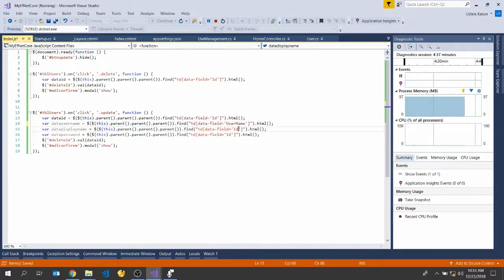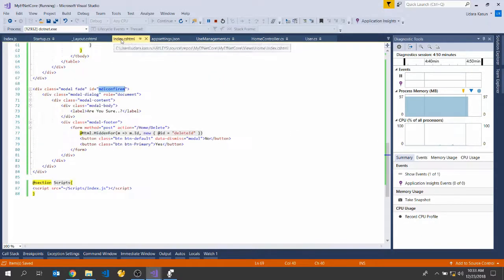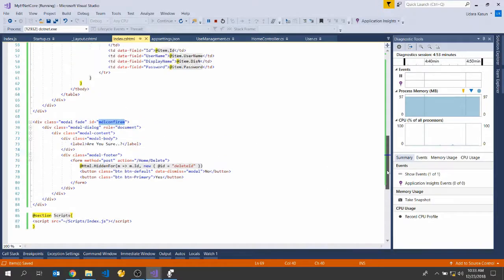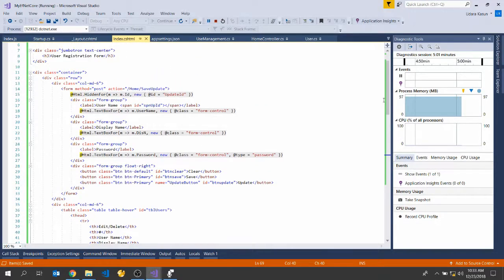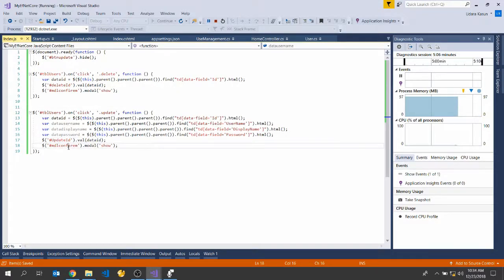Username, display name and finally password, and go to copy update ID and paste here. We don't need to show model in that moment,